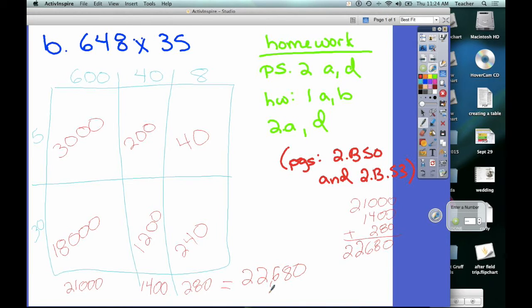Is that the answer you guys got? Okay, on your homework, you need to draw the area model and then also do the standard algorithm. If the answers don't match, then you've done something wrong and you need to do it again because they should both match. So make sure you write down